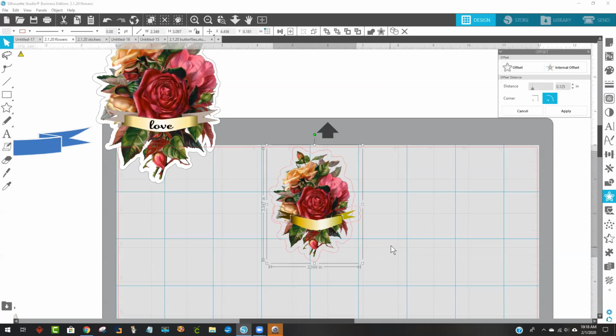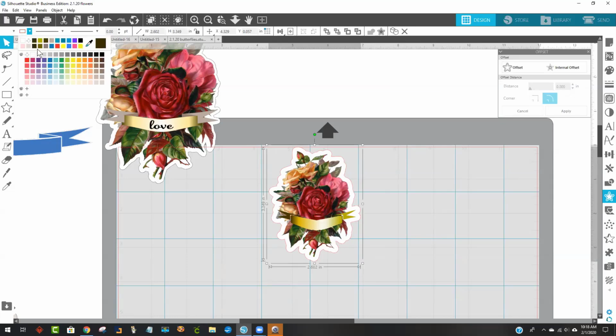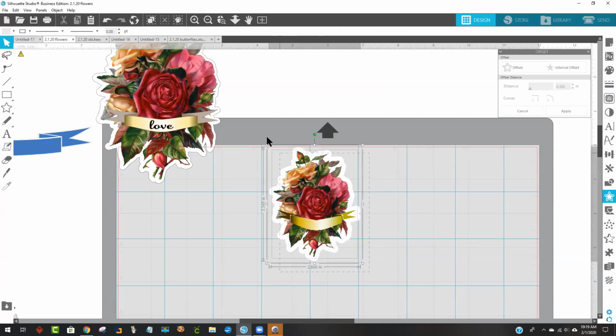And again, I can leave it at the default offset if I want. And I'll just do that. I'll color it white. There it is. And now, like I said, if I'm taking this to Cricut, I'd probably change the line color to a gray, just the line,